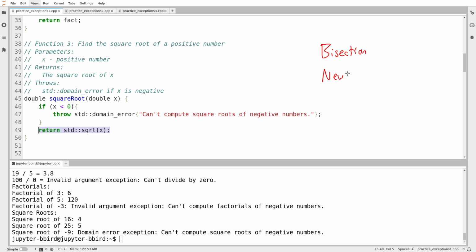Most of you have probably seen Newton's method already in a calculus course. I know Newton's method, but I don't know that I could produce code for it as quickly as I could for bisection. So the idea behind bisection is that it's easy to know whether something is the square root of x. For example, if I've got this value y, and I want to know whether y equals the square root of x, all I have to do is square the value of y and see if it equals x.